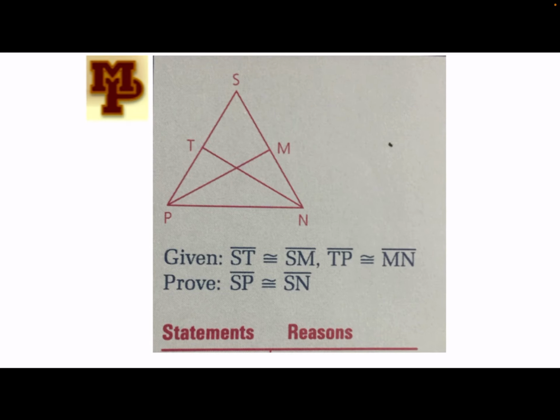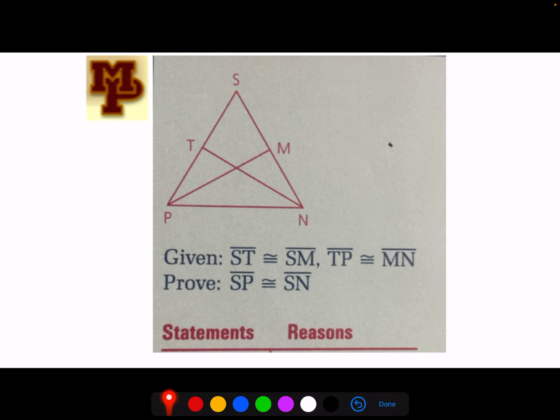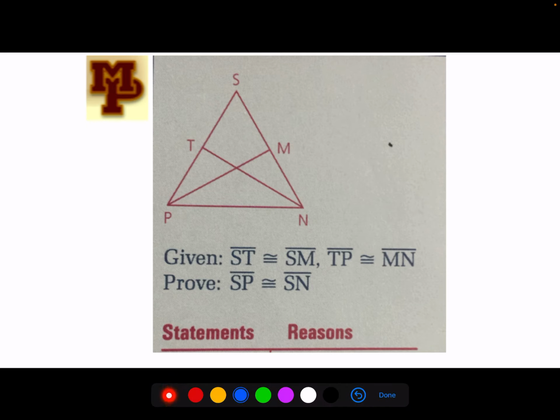All right, today we're going to be working on 2.9 multiplication and division properties. So to get started, we have this proof. You can go ahead and pause the video, try it out, and then we'll be going through it in just a second. All right, so looking at this proof, they give us that ST is congruent to SM,